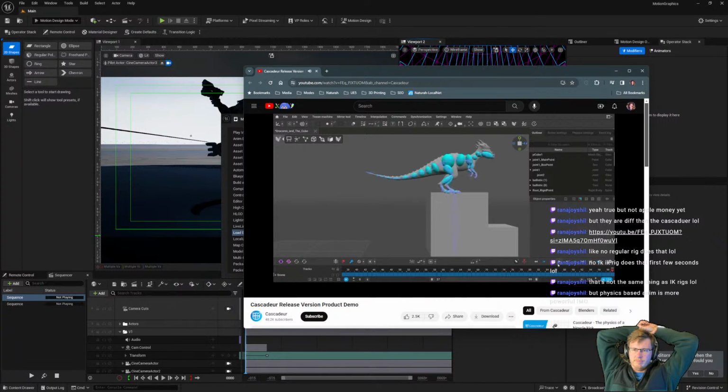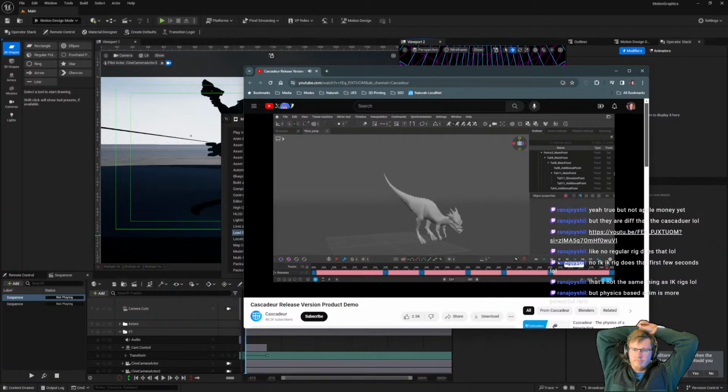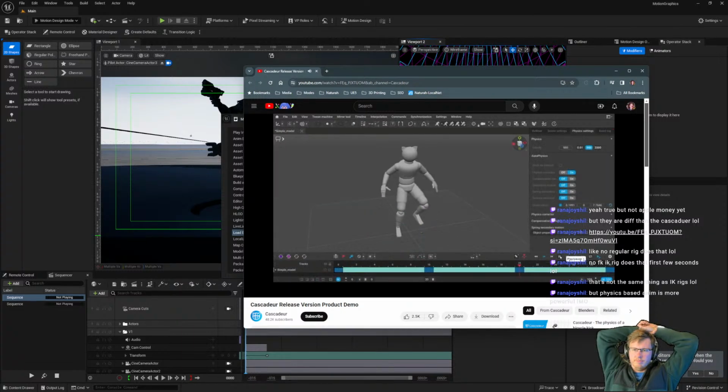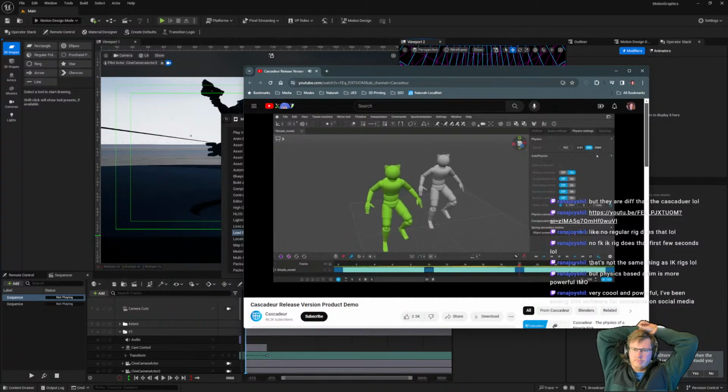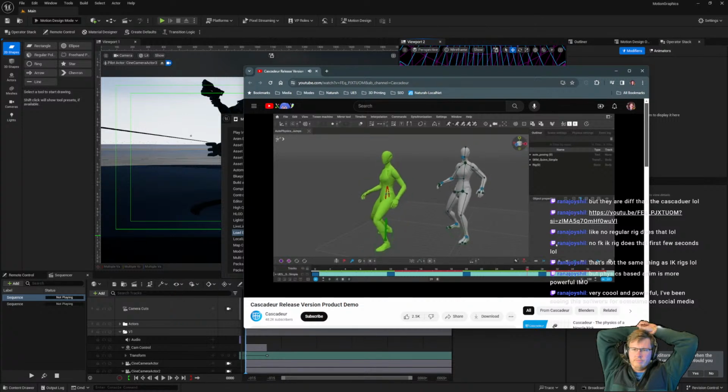The blue ellipsoids you see are the rigid bodies. They are responsible for the character's physics behavior. Physics tools can be used to improve animation, making it more physically accurate. Cascadeur automatically calculates correct trajectory and velocity for a jumping character based on your animation and gravity. You can instantly see the resulting motion demonstrated by the special physics ghost.